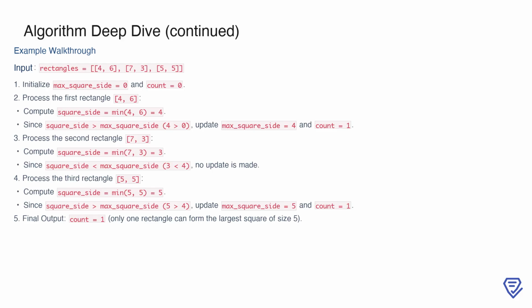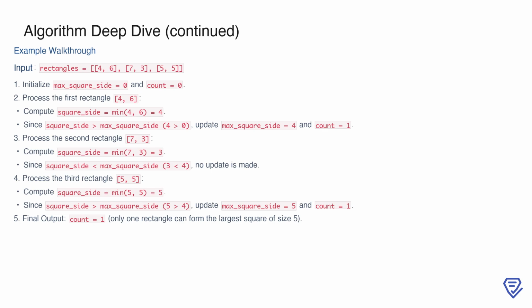Suppose the input rectangles are [4, 6], [7, 3], [5, 5]. We start by initializing max_square_side equals 0 and count equals 0. For the first rectangle, [4, 6], we calculate square_side equals min(4, 6), equals 4. Since 4 is greater than max_square_side, we update max_square_side to 4 and